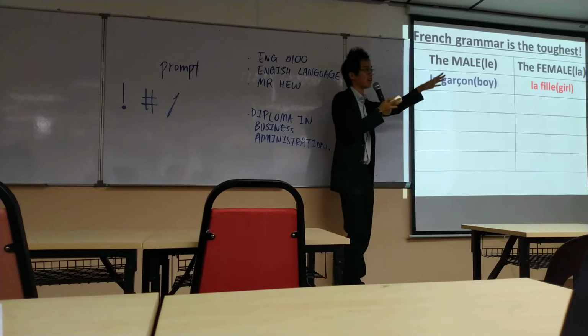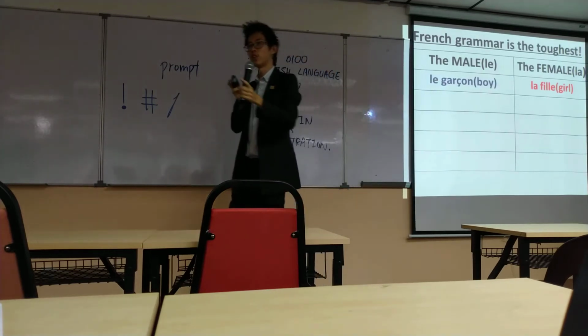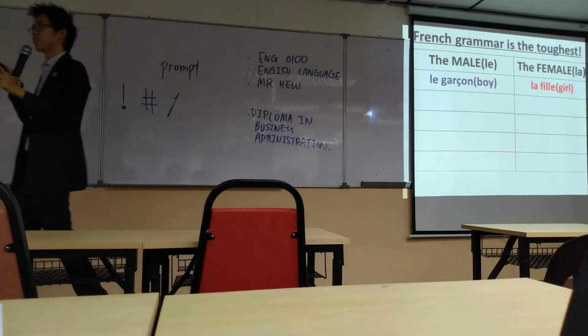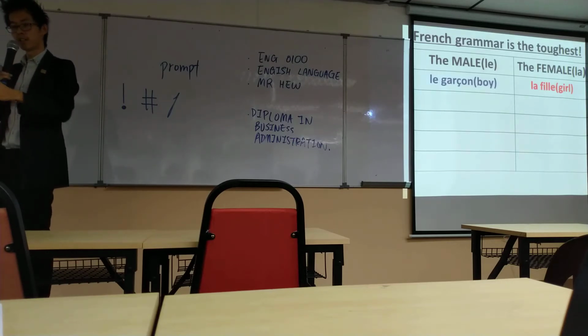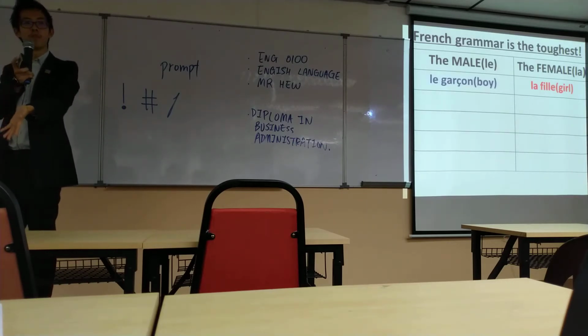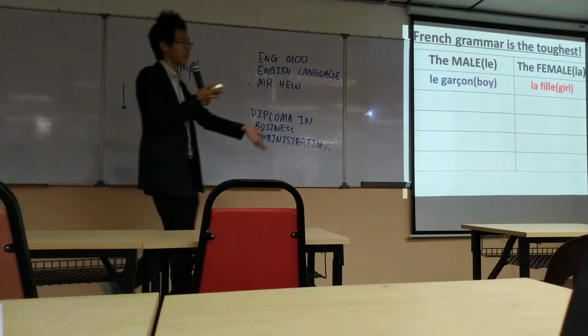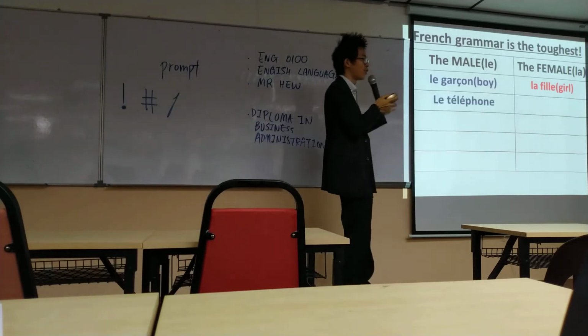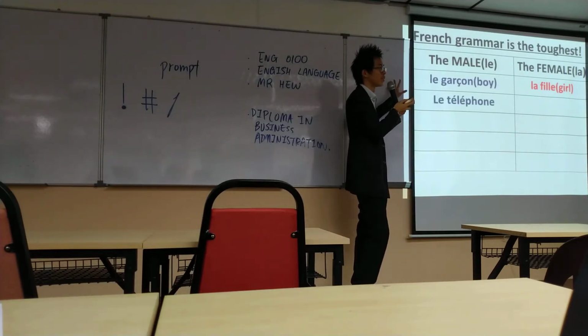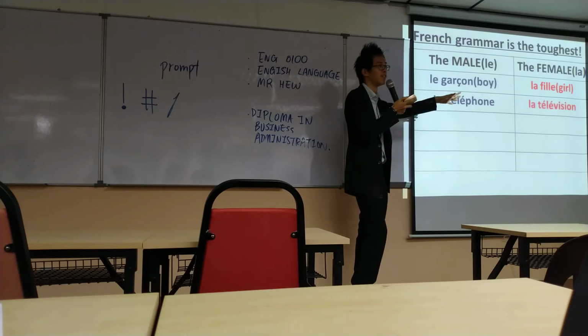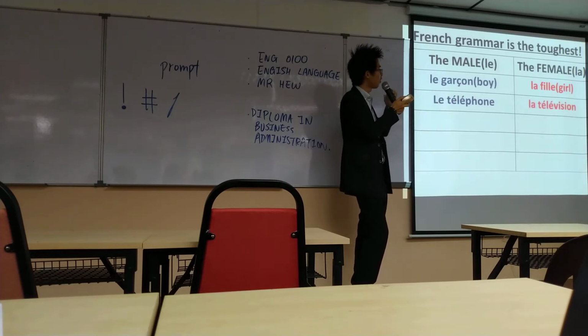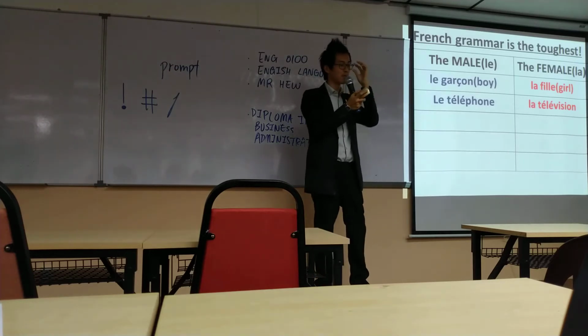So a lot of things are differentiated into boy or girl. So the toughest one is what? Something we don't know whether it's boy or girl. Like table, boy or girl? Male or female? Chair, male or female? They need to memorize. Like telephone is male. Television is female. I don't know why. How do you know whether it's male or female? Okay, so my Indian friend said just memorize it.